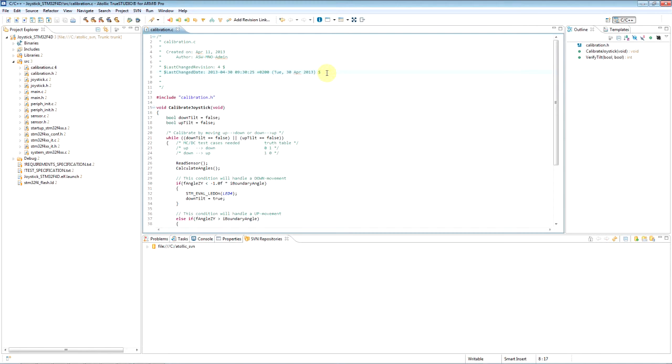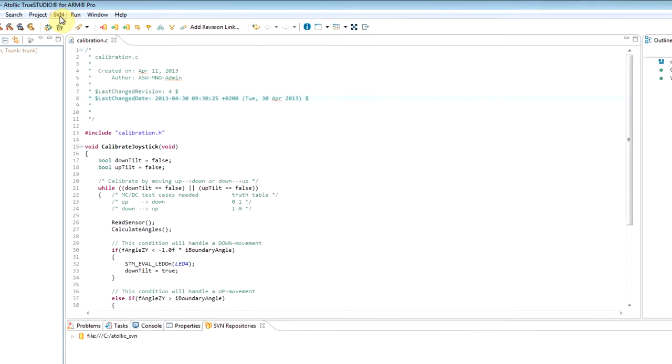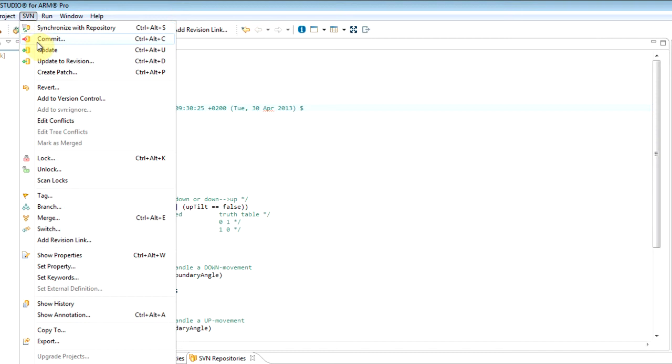So within Subversion we have the concept of annotation. There are two other names for it, which are blame and praise, according to your view on this. However, from within the GUI here we have the name annotation. So we select the file we want to annotate. Under Subversion we can then say show annotation,